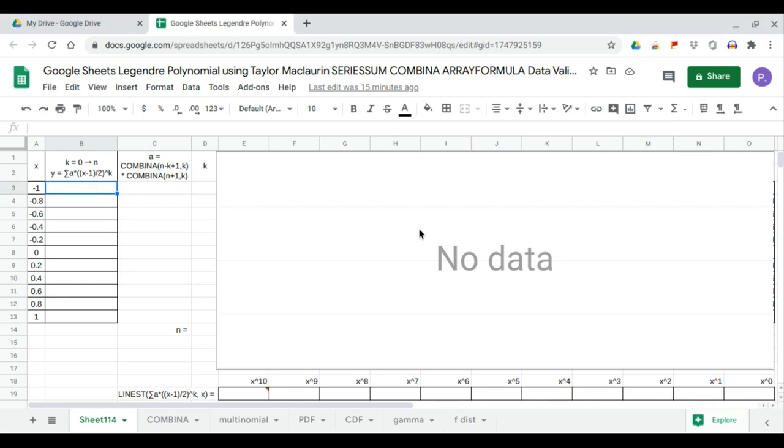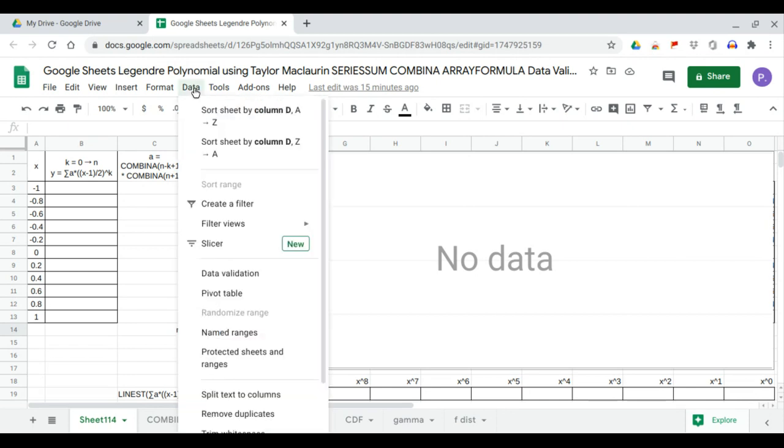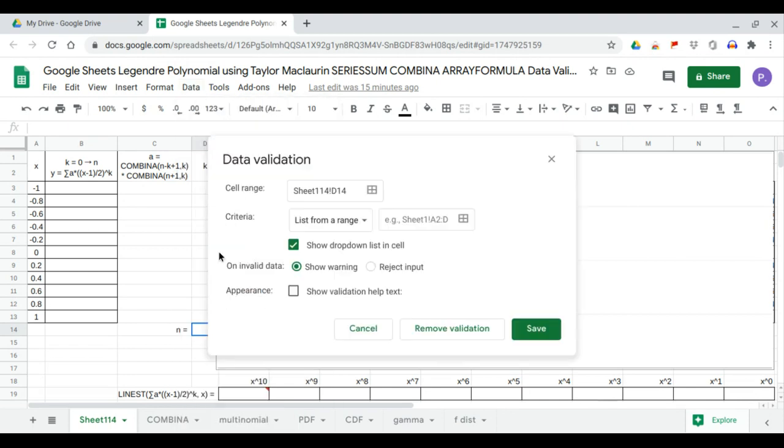So we define the Legendre Polynomial as the summation of a times (x minus 1) over 2 to the power k, where a is equal to COMBINA(n minus k plus 1, k) times COMBINA(n plus 1, k), and the value k is from 0 to n, and we assign our n using data validation